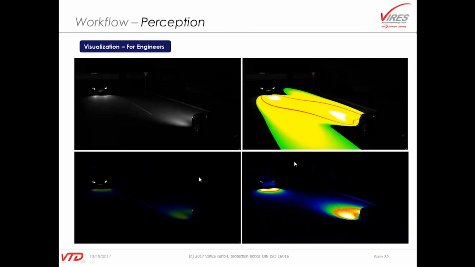This is just another example of what our image generator is also being used for. It's currently being used in quite a couple of installations for high quality headlight simulation, like resembling matrix beams and other sophisticated headlight systems. So this is one more way to use the image generator.